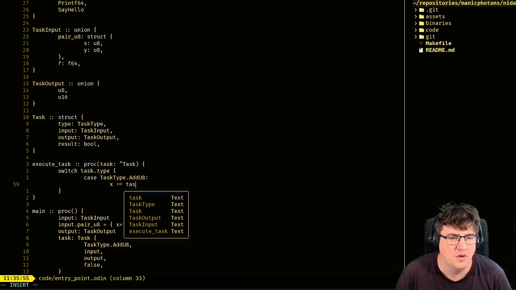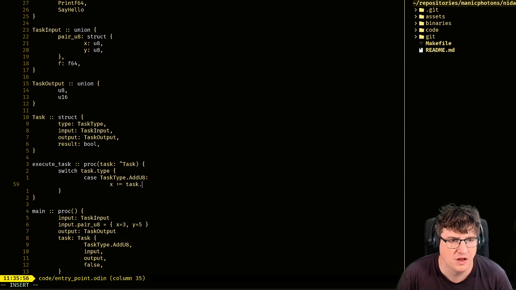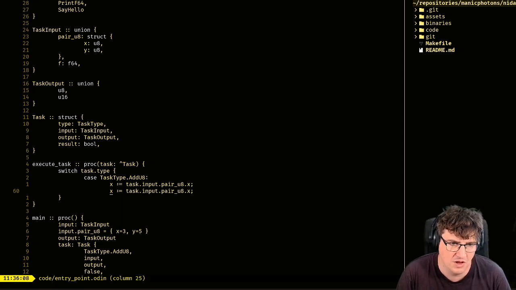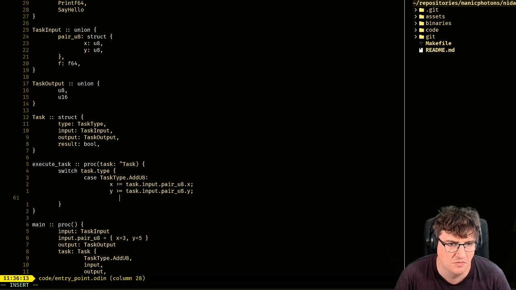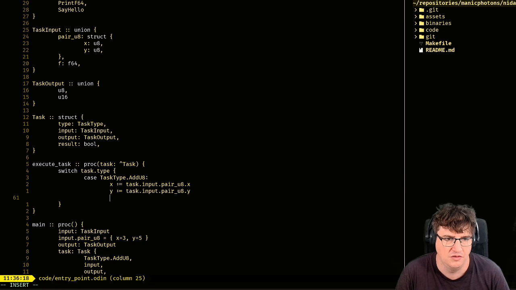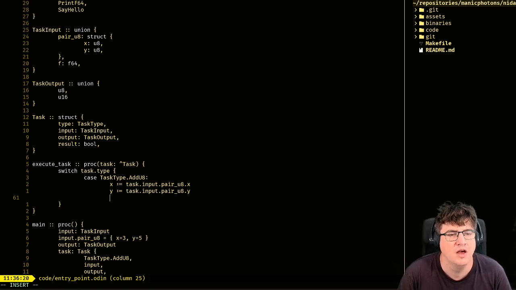So we would be able to do something like this: task.input dot pair U8 dot X. This is just intended to give you some rough idea of how this could work. We don't need these. It's not C or C++ or what have you.